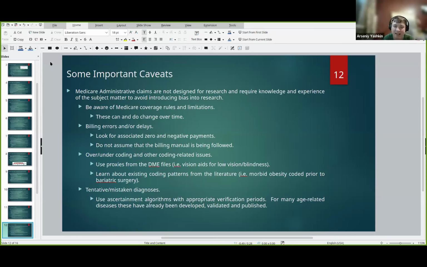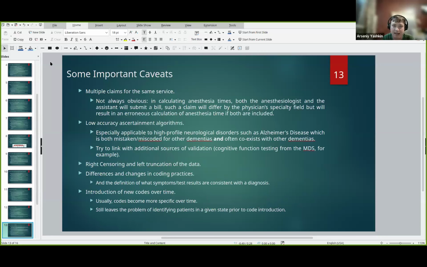So an interesting case of coding issues is morbid obesity being coded prior to bariatric surgery, which could, under certain model specifications, tell you that obesity is good for you. Obesity is not good for you, but bariatric surgery is something that's going to remove some of the negative effects for some time at least. And that's what causes that variation in model results. So it's not that the data is bad, it's not that obesity is good, it's that you should be aware of how things are being coded in the data.